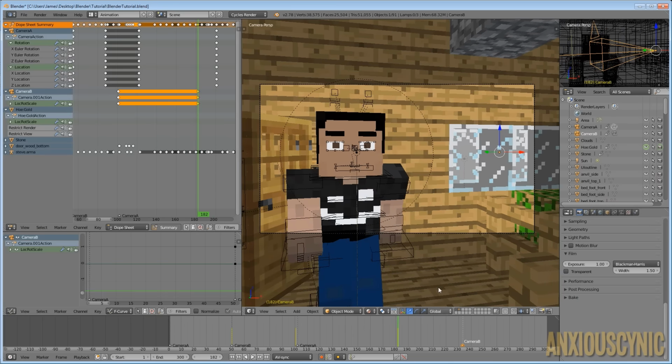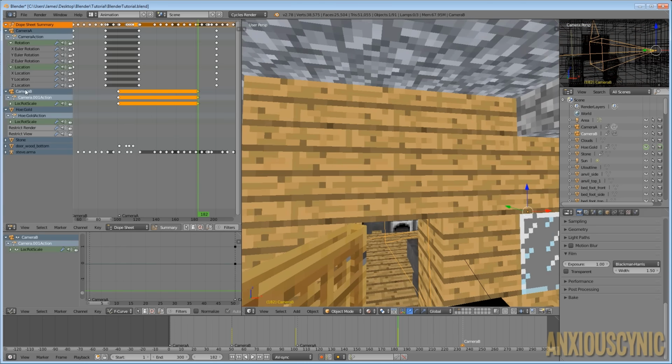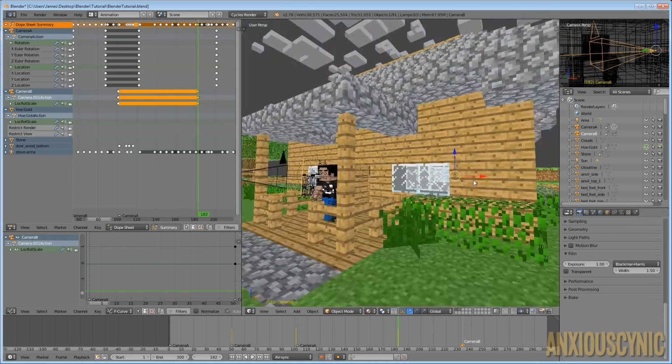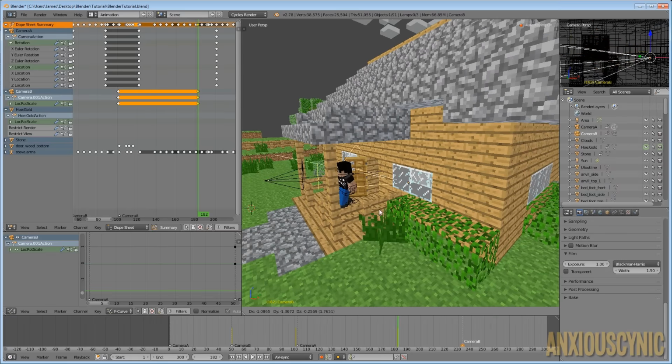You can see with our camera selected. Let's go ahead and select it. Sorry about that. Getting a little bit tongue-tied and confused here. So now we've got it selected, and as you may recall, we can select things from the dope sheet as well. So I just clicked it here in the dope sheet, and it selects it in our 3D view as well. I'm just going to go ahead and grab that and drag it out like so.